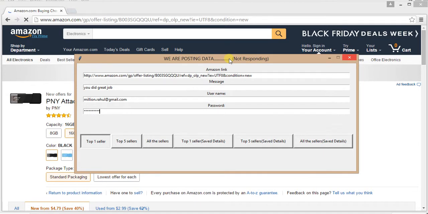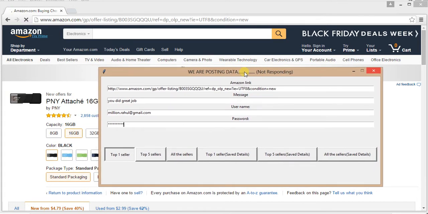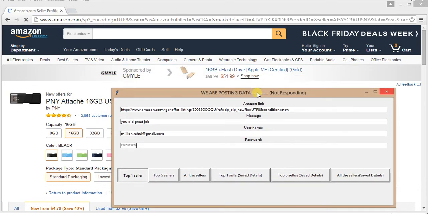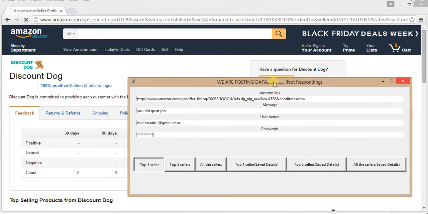We have to wait. You can see now we have moved to second page. It's happening automatically. I put some delays, sleep time, in the code so that you can see what's happening there.